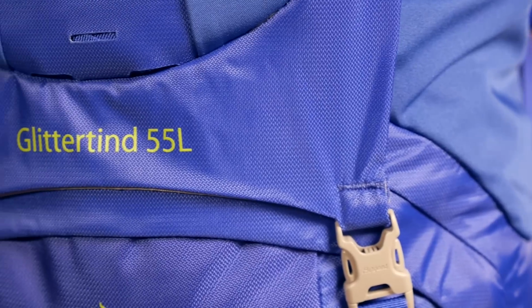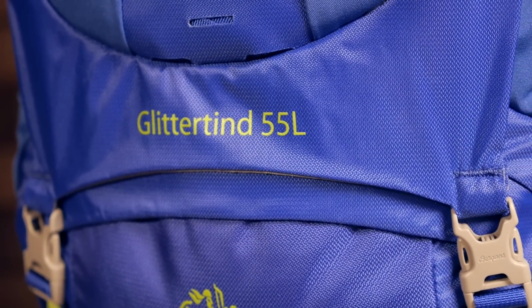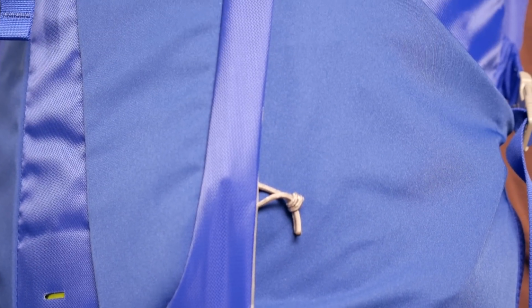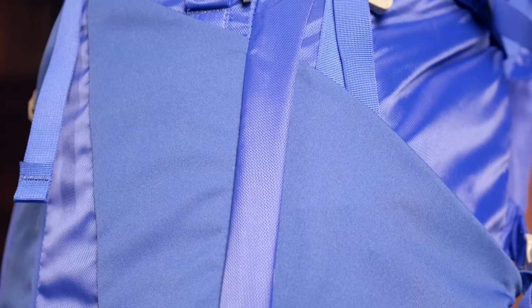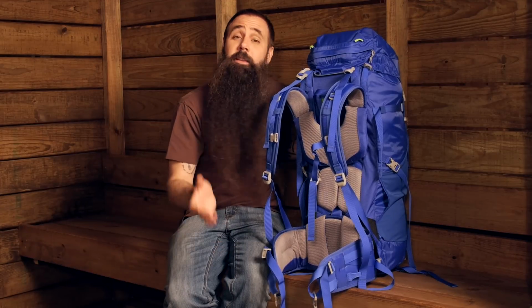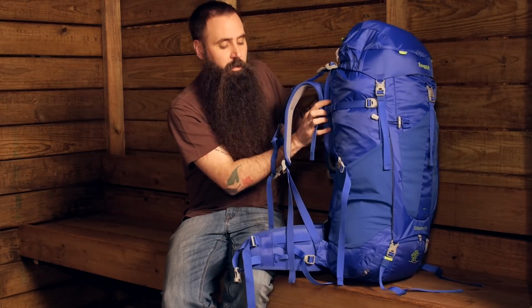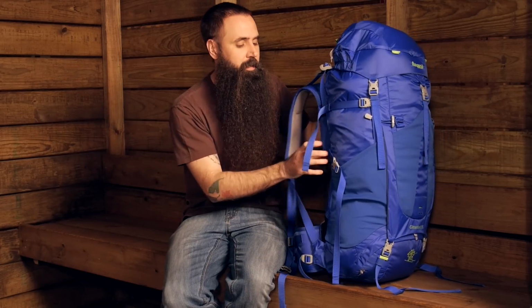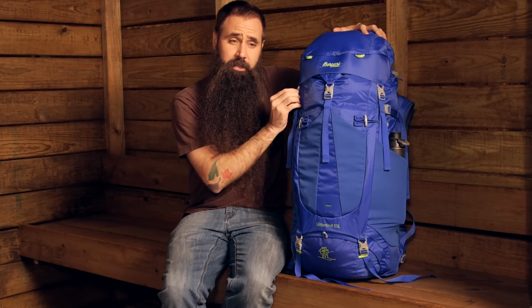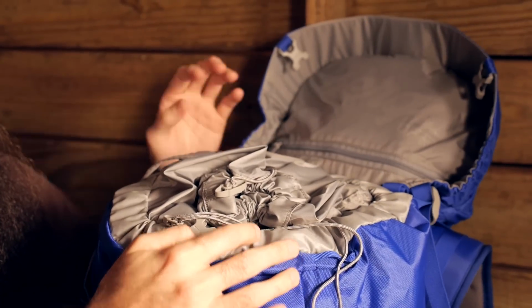Because of that suspension system, the pack is capable of carrying up to 44 pounds. As far as the capacity itself is concerned, you're looking at 3,350 cubic inches of internal storage space. As standout as that suspension system is, there's plenty of other features on the Glittertind as well. I'm going to turn that pack back around and we'll see how it's organized, its access features, etc. Certainly is a top-loading pack, so we'll undo the straps there and show you how you get into the pack